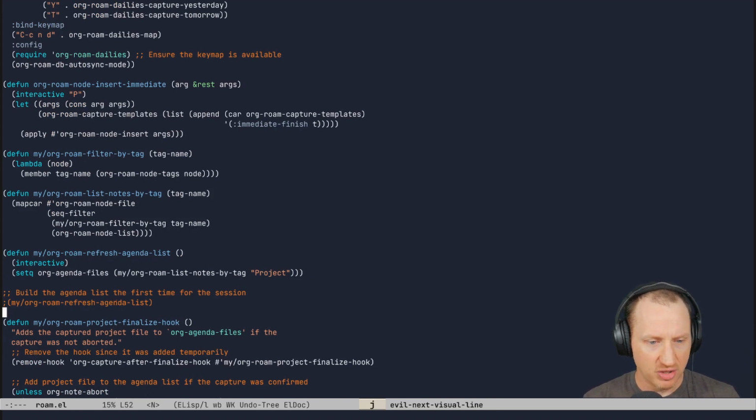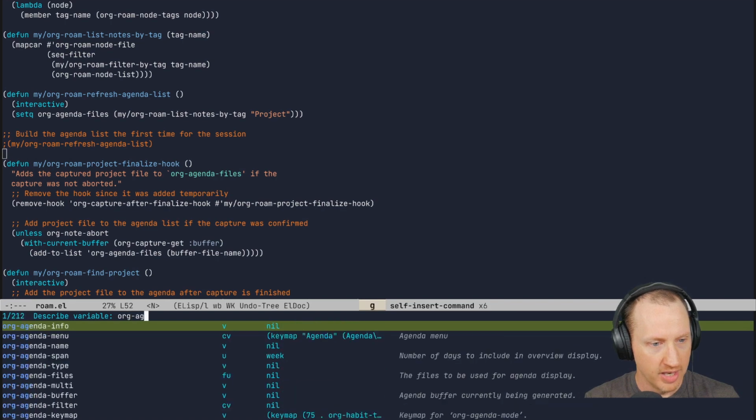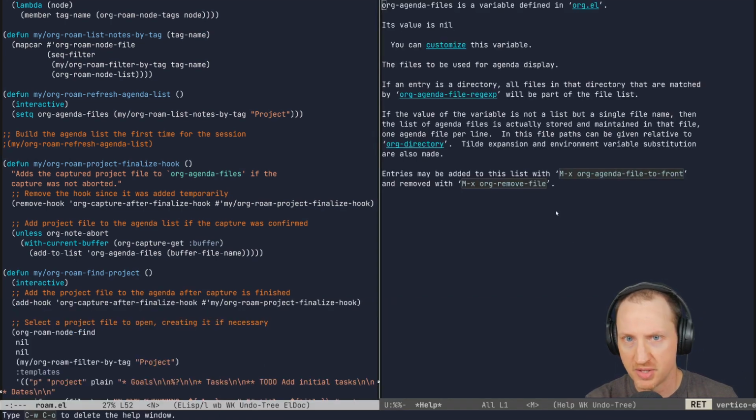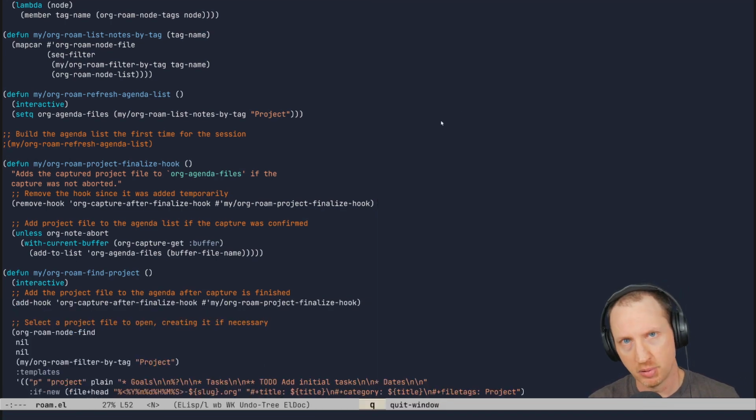So far I haven't actually done this yet. So let me pull up the org agenda files variable. Oops, org agenda files, I'm sorry. So right now this is nil. So it has nothing in it. If you pull up the org agenda, nothing will be in there. So we've got this